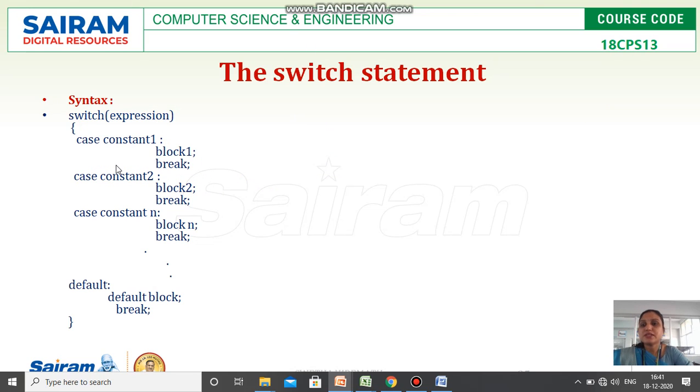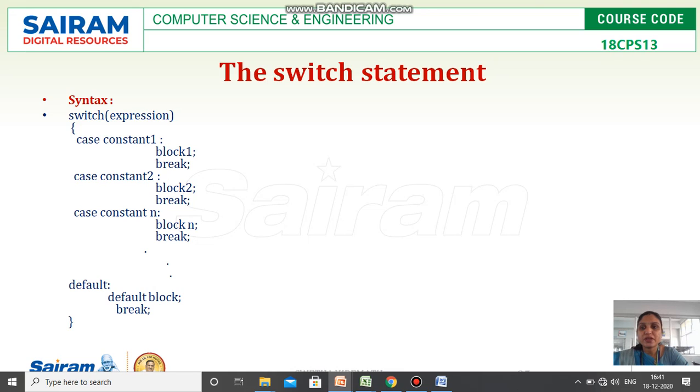Here we have the syntax. Switch, we have the expression, and the result of that expression will make us select any one of the cases given here. We have case constant 1, so block 1, the set of statements present with that case constant 1, will be selected, and break means we are going to end that switch statement. If that condition is not satisfied, then we go to case 2, case 3.